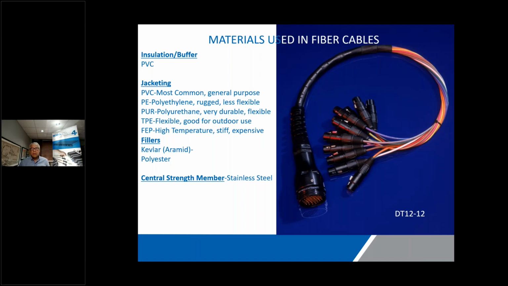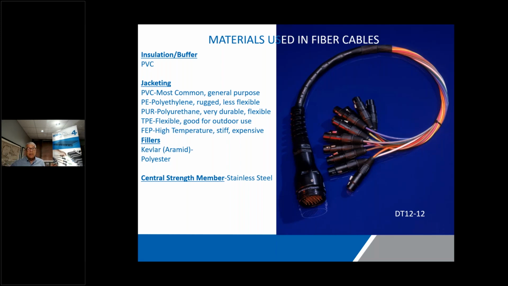I like to mention materials and specifications of cable. This is something very dear to our heart. Being a manufacturer, we deal with this every day. And as a good engineer, you would look through a catalog and pick a cable, and you know what PVC means, you know what polyurethane means. I like to point out